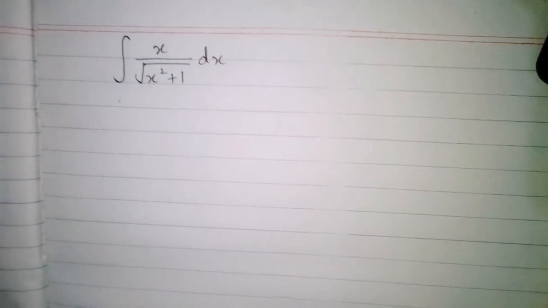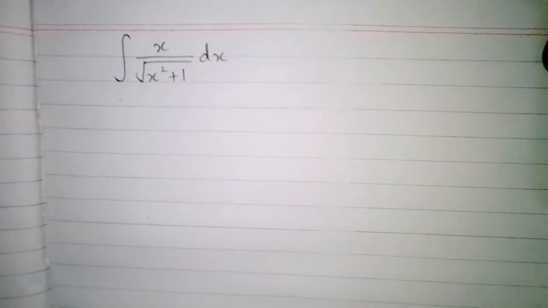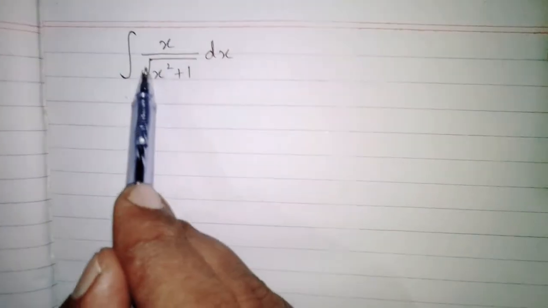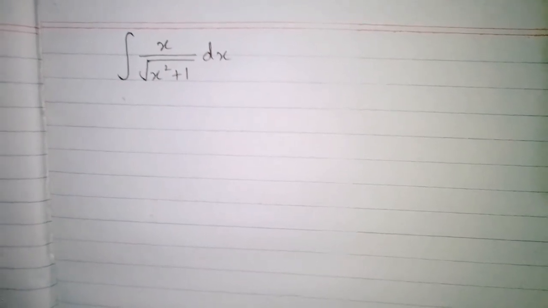In this video we are going to find out the integral of x upon square root of x square plus 1. So first of all we will look at what is inside the square root, which is x square plus 1, and here we are going to use the u substitution method. So in order to apply the u substitution method,